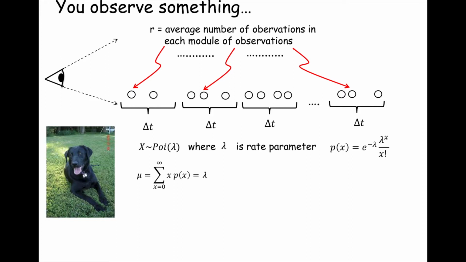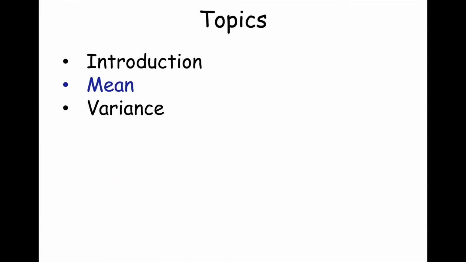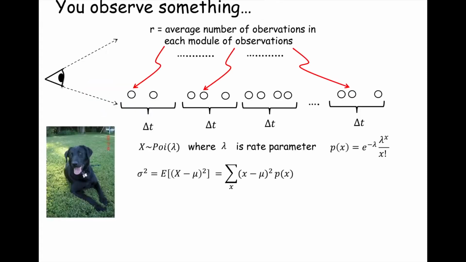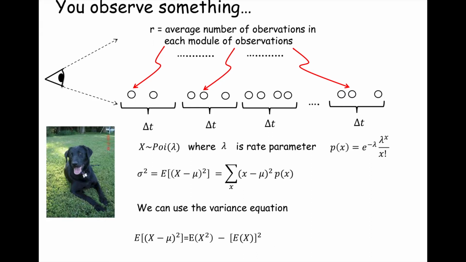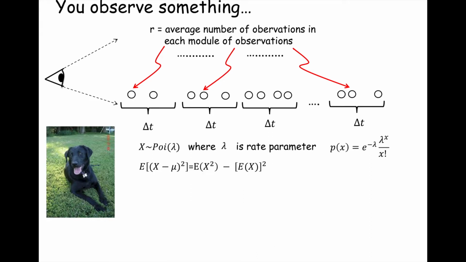That's why the variance equation is useful. Because once you solve the mean, you're halfway there. You just have to compute E of x squared. Okay? So now let's do that. So we have the variance equation, and we just demonstrated where it comes from. And we know that we have an expression for this half of the variance equation because we know E of x is equal to lambda for a Poisson variable. So now we're going to look at the other part, this E of x squared.